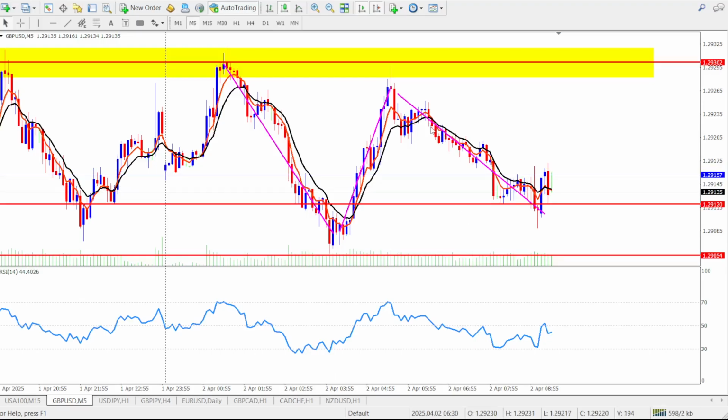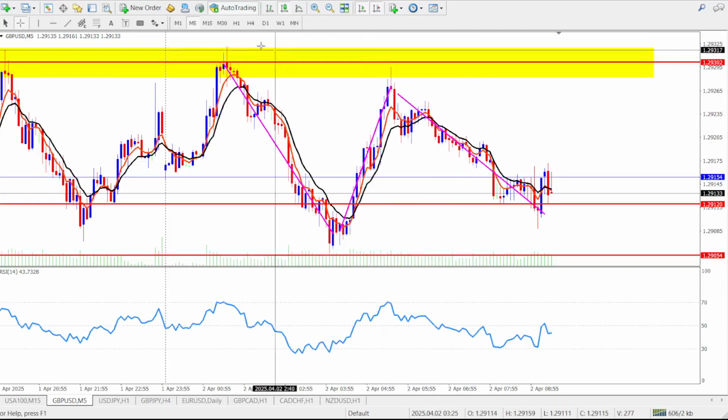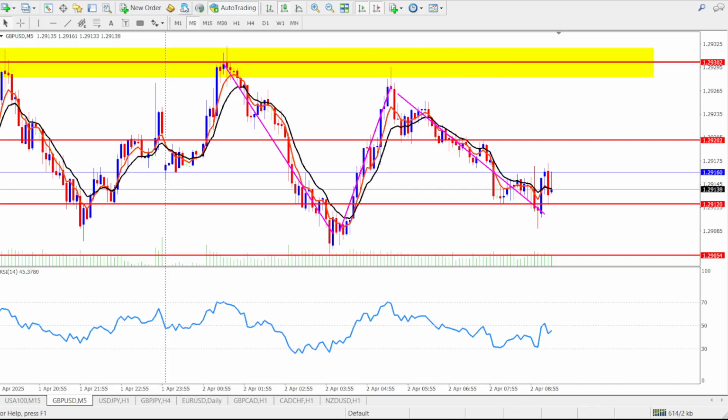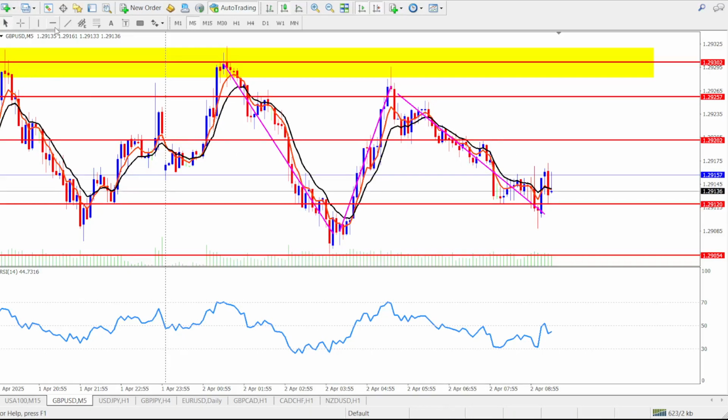So in this case, you can see we had a sell signal here, and the RSI dropped below the 50 level. You can see that. So this would have been a good place to enter a sell after the confirmation, and then our stop loss can actually be above the previous swing high. You can see we have a swing high here, right? Then your take profit can actually be at